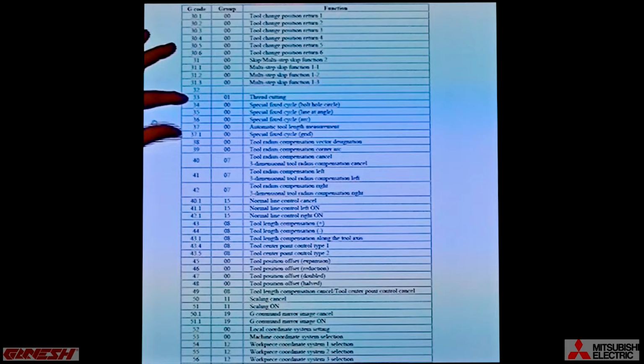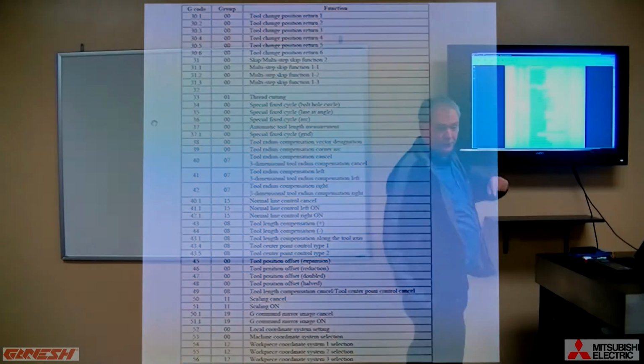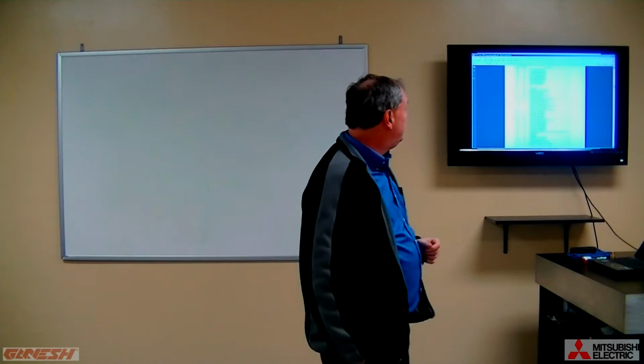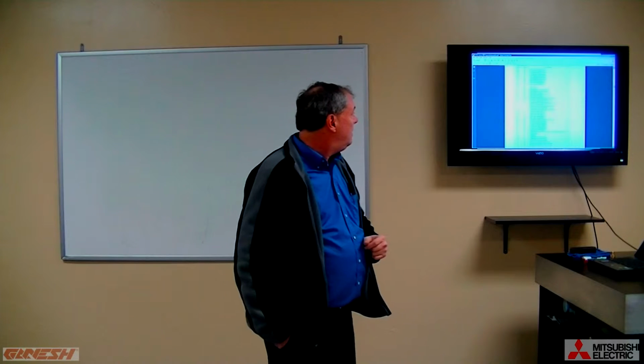These are very useful G-codes right here, so put a note around G34, 35, 36. These three commands and G37.1 are very, very useful because that bolt hole circle that you had to calculate using trig, G35, or rather G34, would have allowed you to do an entire bolt hole circle without doing any trigonometry and simply specifying the number of holes in your circle and the starting angle, and it would have done all